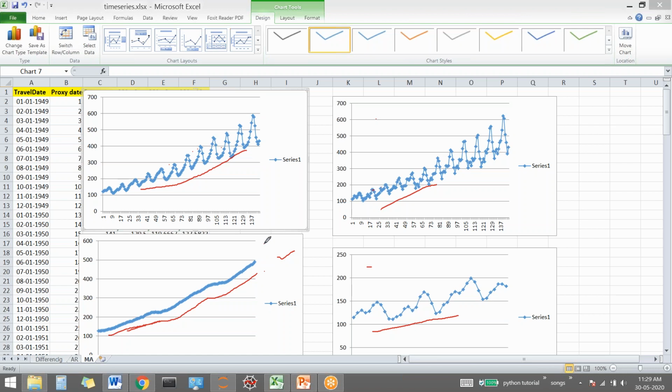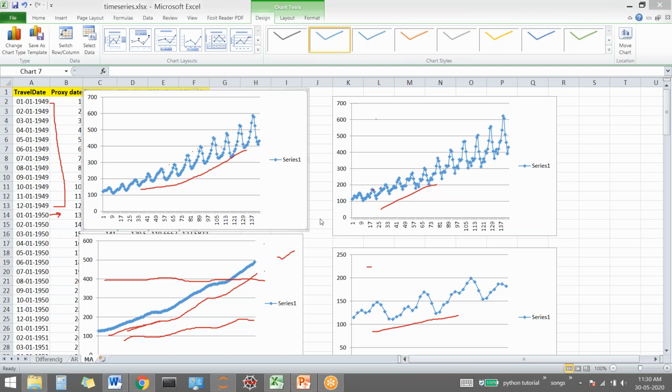Similarly, for rolling standard deviation we calculate the standard deviation. Because the data is yearly, we'll take the last 12 values and then predict the standard deviation for the next month, that is the first month of 1950, and then we plot it. That will also go upward, increasing. If stationarity has been achieved, the increasing order won't appear like this, it will be like this one. It will be just a simple line without any increase or decrease.